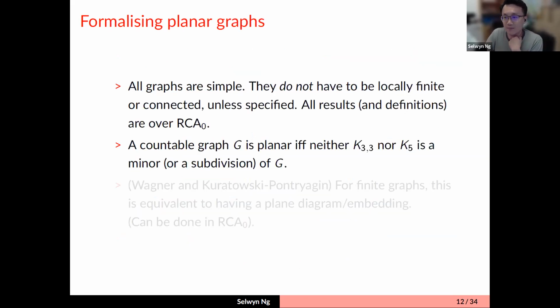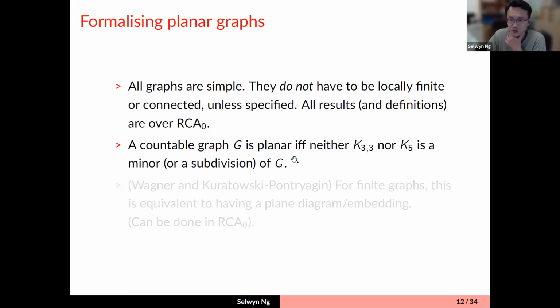Okay, so I'm just going to move on to planar graphs. All graphs considered, again, are simple, and they don't have to be locally finite or connected unless I say so. And again, all results and definitions are over the usual base theory. Now, I'm going to just take this as the definition of a planar graph: